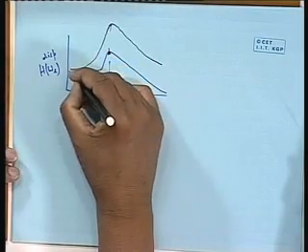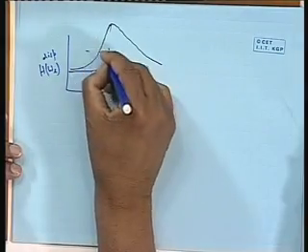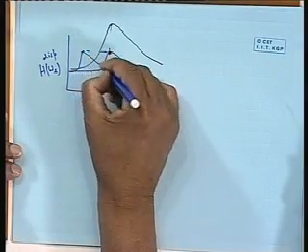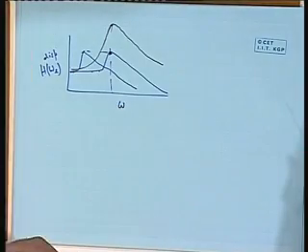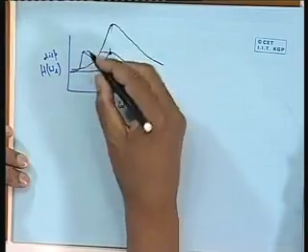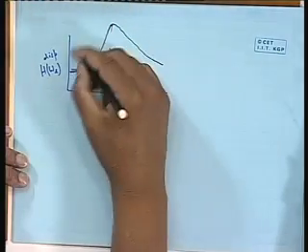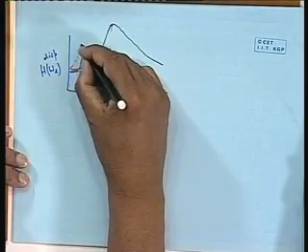Now supposing the graph is not like this, but the graph is like this. Same height, but the graph is like this. You take the second one. Now the peak value of that is going to be how much? Again this value into square of this, but the square of this is now much less. So therefore it is going to appear here much less.